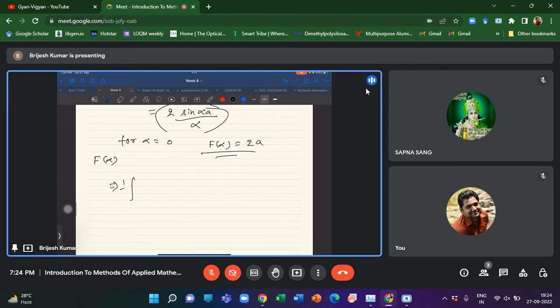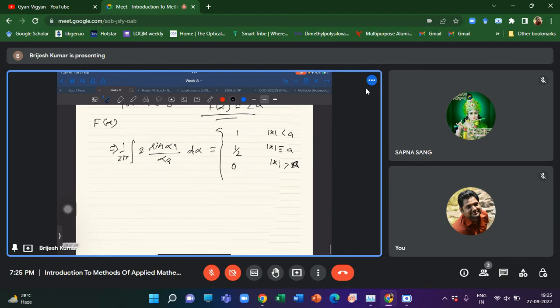1 upon 2 pi 2 sine alpha a upon alpha a d alpha. This we can write as the inverse transform, which goes to 1 when mod x is less than a, 1 by 2 when mod x is equal to a, and 0 when mod x is greater than a. Okay,